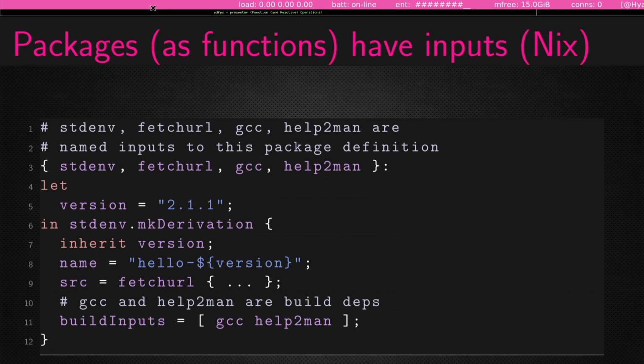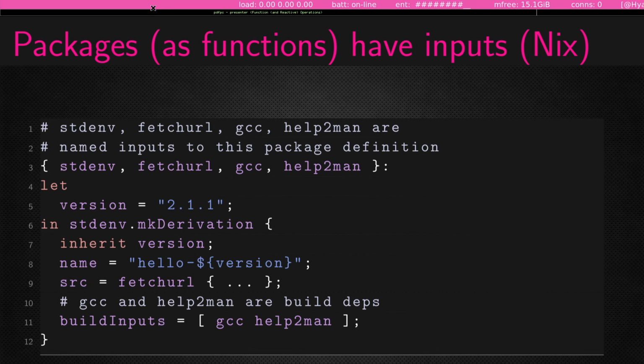The first 2 are helper namespaces, and stdenv is like a namespace which bundles a few different helper values and functions. And then fetchurl is a helper to be able to retrieve sources from the internet. And gcc and help2man are 2 other packages that go in to make this hello package.